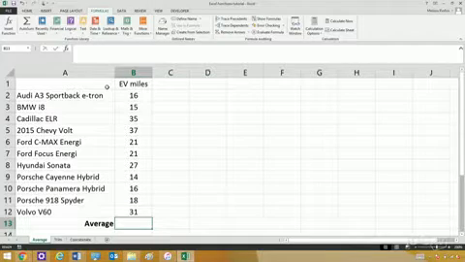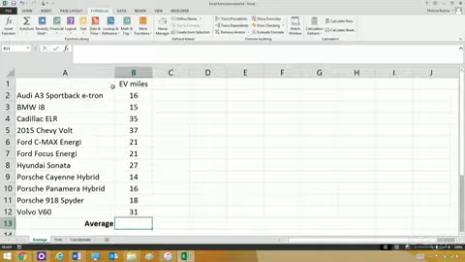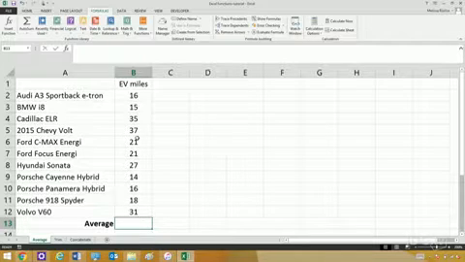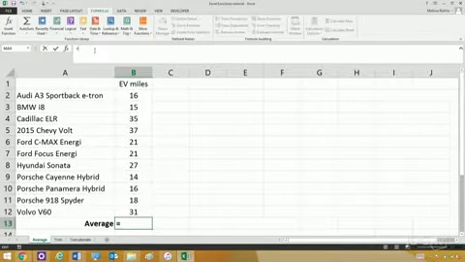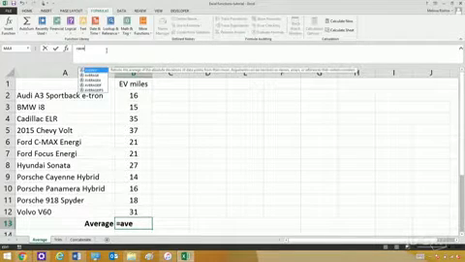I have this simple spreadsheet showing the battery ranges of all the current plug-in hybrid vehicles. As you can see, there's a lot of difference in the mileage between all of these cars, and I want to calculate the average. So here's how you start a formula. You go to the cell where you want the formula to be, and then you start typing up here. Every formula starts with an equal sign. That's the first step. And then I can just start typing in average here,